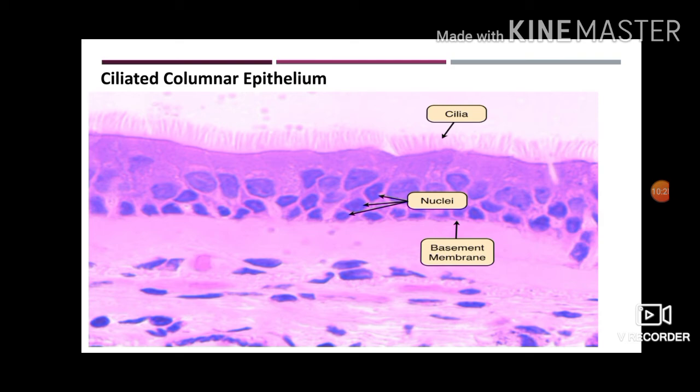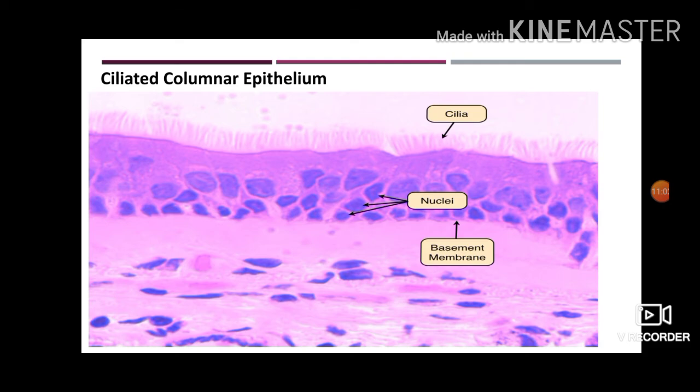Okay, now why this particular cilia? What is the main function of this ciliated columnar epithelium, dear students? The cilia allow the movement of material in one direction. That is why they are mainly present in the respiratory tract, and the main function is to secrete mucus and move material up the respiratory tract through the beating of the cilia. It means cilia help the movement of material in one direction only.